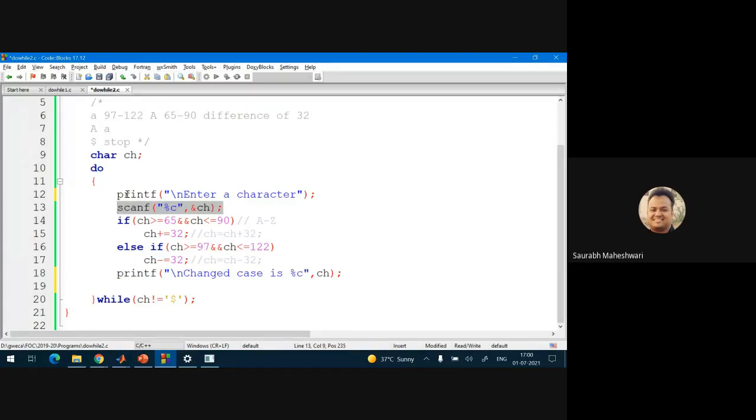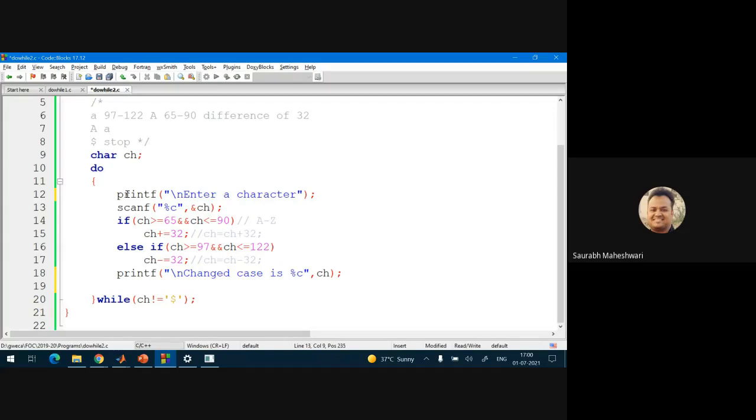Okay. So because of taking that previous enter, if you have seen the videos related to input output of character, where we used getch and getche, so for using them, the reason was that they don't require the enter. So there are two possible solutions of this.